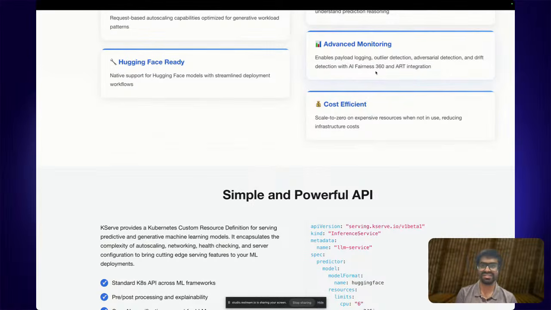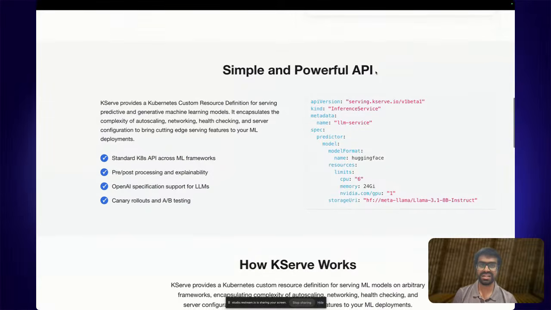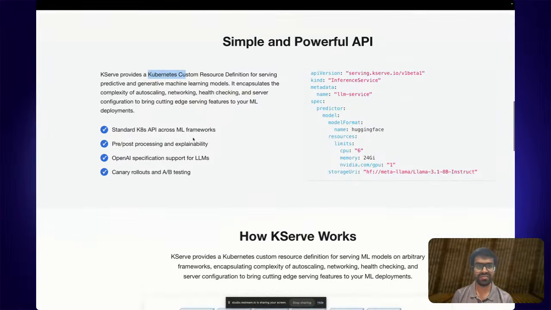So it's great that Kserve has a built-in way of being able to do that detection. And here we can see how we get this really simple API that we can use. So we get a custom resource definition, which means that with Kserve you get this CRD, and if I'm not mistaken, you can see here that this is one of the CRDs, which is the inference service. So you will basically write the YAML, and the Kubernetes Kserve controller will do the work for you, and it encapsulates the entire complexity of the networking or scaling.